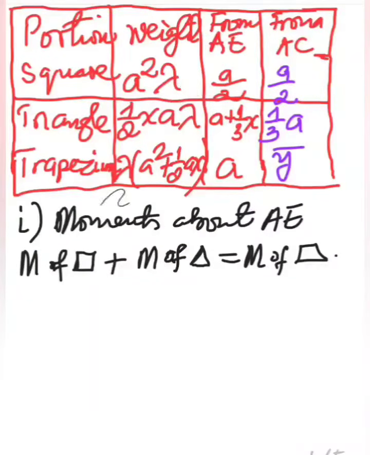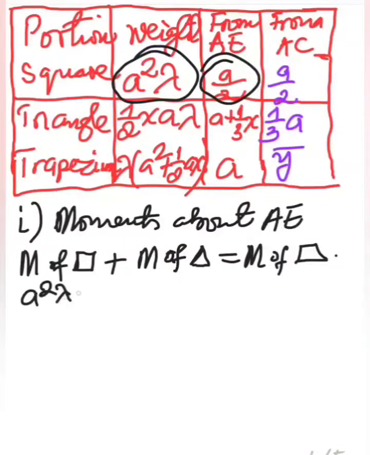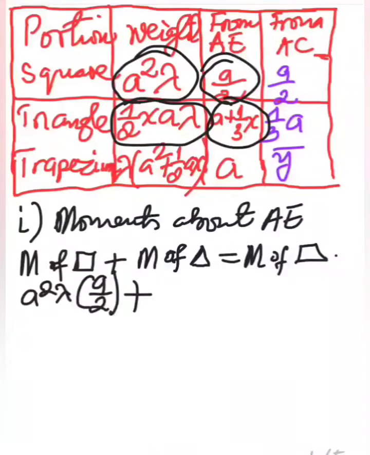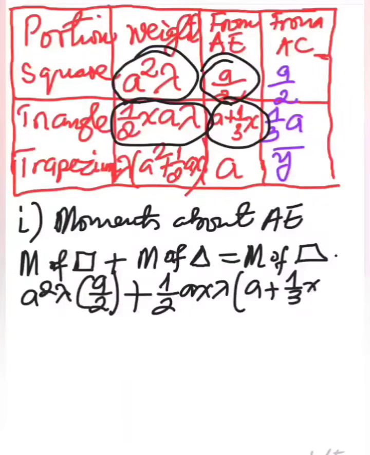So we then have that the moment of the square will be the weight of the square times the distance of the center of the square from the axis AE. So we have a squared lambda, the weight, into the distance a over 2, plus the moment of the triangle about AE, and we have the weight of the triangle times the distance of the center of the triangle from the axis AE. So we have half ax lambda, the weight, into the distance a plus 1/3 x,